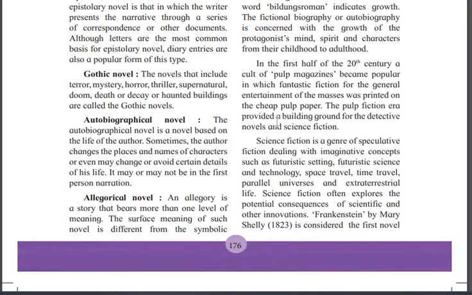So it is talking about childhood to adulthood, how the child grows in the story. In the first half of the 20th century, a cult of pulp magazines became popular, which means from 1900 to 1950. In these, fantastic fiction for the general entertainment of the masses was printed on cheap pulp paper. The pulp fiction era provided the breeding ground for detective novels and science fiction. Science fiction is a